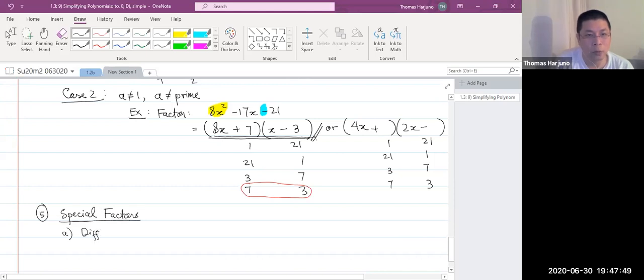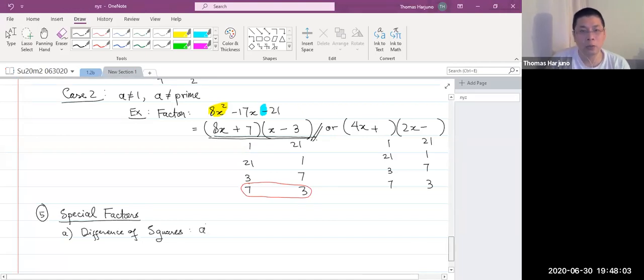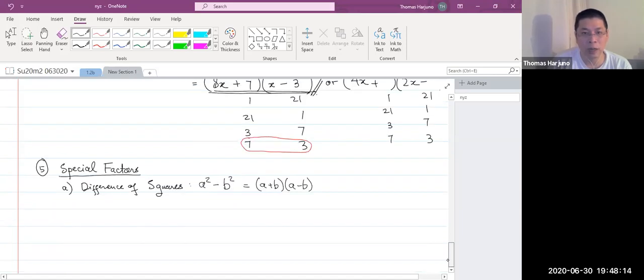We have seen that before. Difference of squares has the pattern of a squared minus b squared equals a plus b, a minus b. It has to be minus though, okay? With some extra notes,